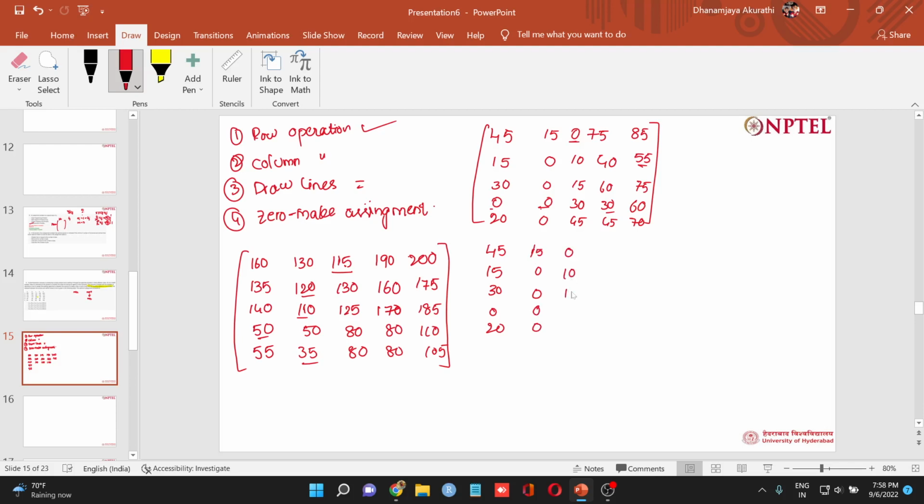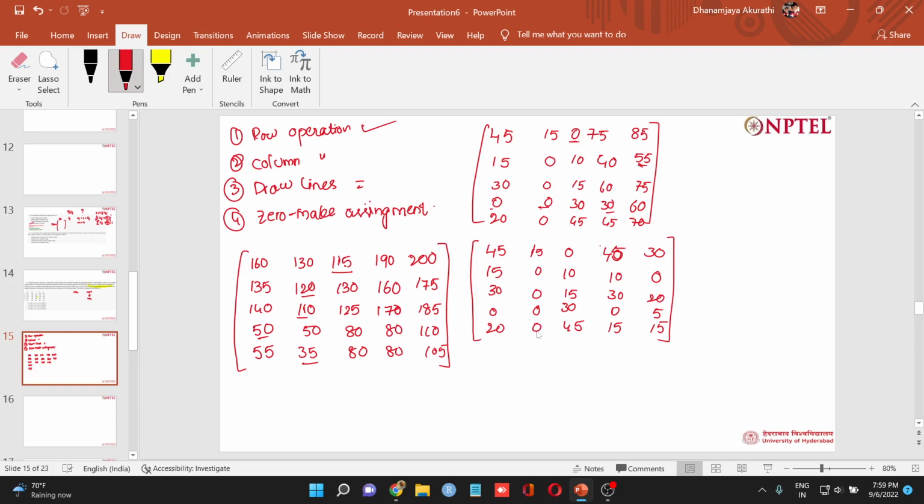Then draw lines. Here we have to subtract it from 30. So 45. Here we have to subtract it by 55. Then it is 30, 0, 55. Is it so? Next, draw lines means we have to draw the lines that cover all of the zeros,